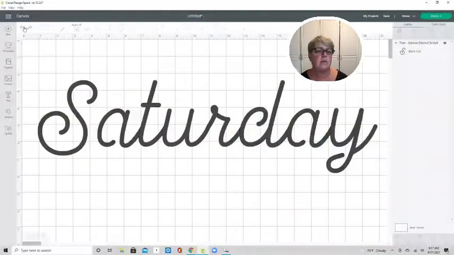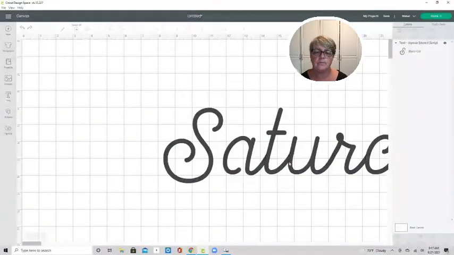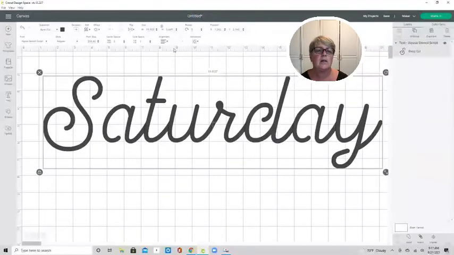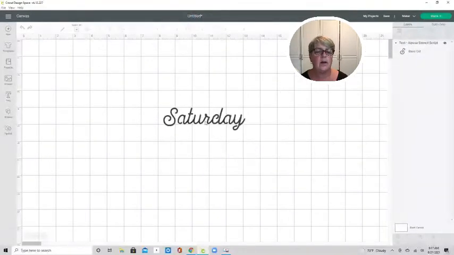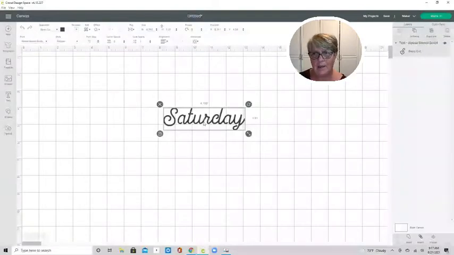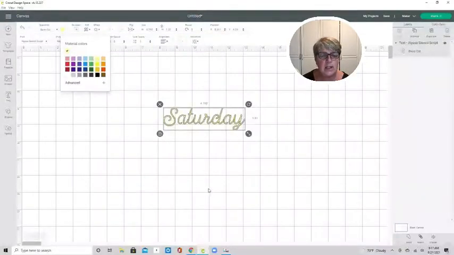First I'm going to go back so it's not ginormous. Still too big. Okay. How can I tell how big it is? I just said that and then you wondered, well, how do you know? When you click on it, your size comes right here and right here. It also comes up here. You will find Design Space has multiple places to show you what size something is. So again, let's change it to that yellow color and then you can see